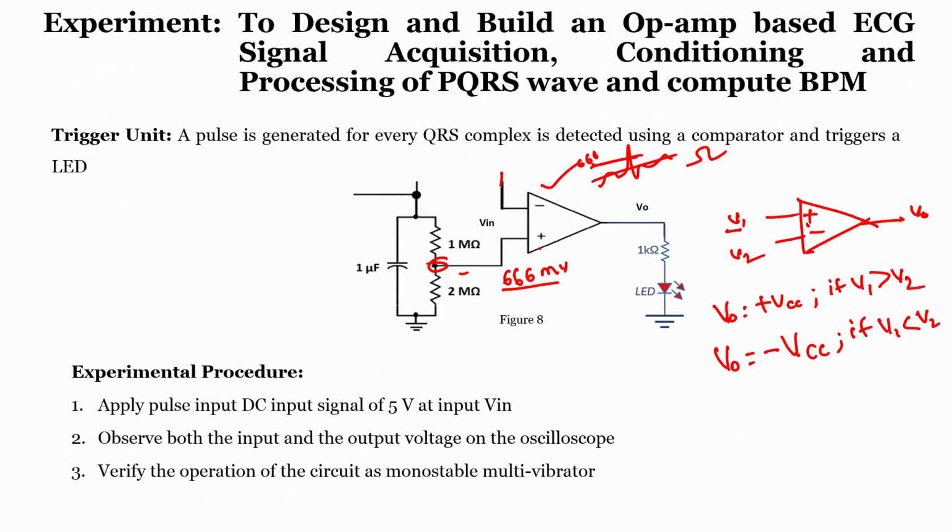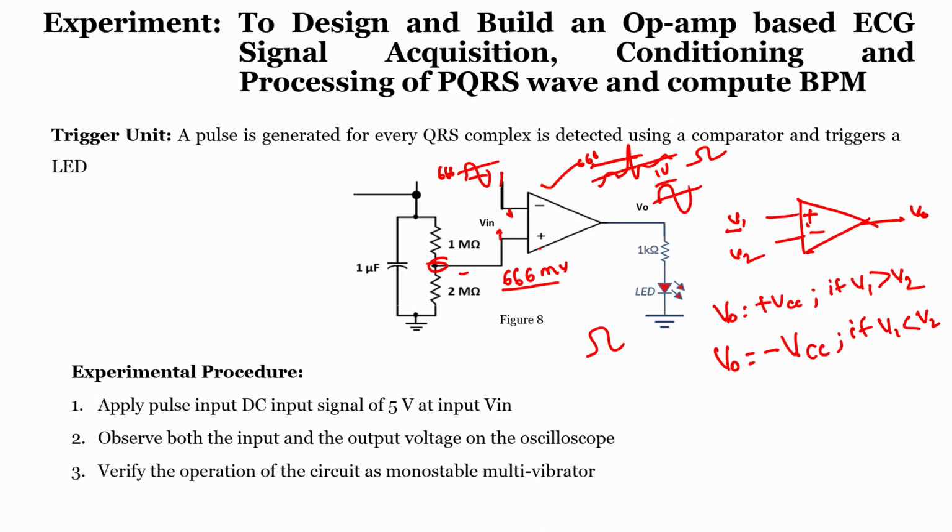Now to quickly understand that, why don't we take some values. I am taking a sine wave, so let us say the value is 1 volt. I am applying a sine wave of 1 volt and the threshold value is 660 millivolt. Now this is positive. In order for V naught to become plus VCC, it will happen only if the input is lower than the threshold in this case. Suppose the input is 0.5 volts, V1 will be higher and this value will be lower, as a result V out will be plus VCC. That is the reason, but we require it the other way.